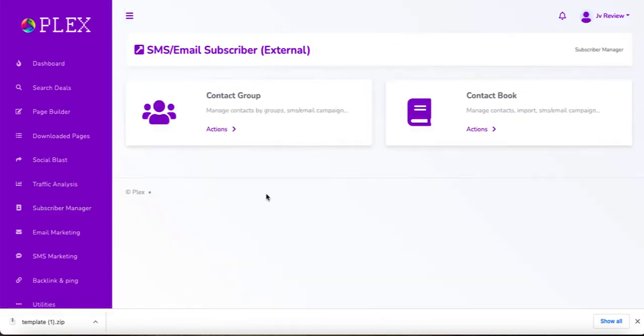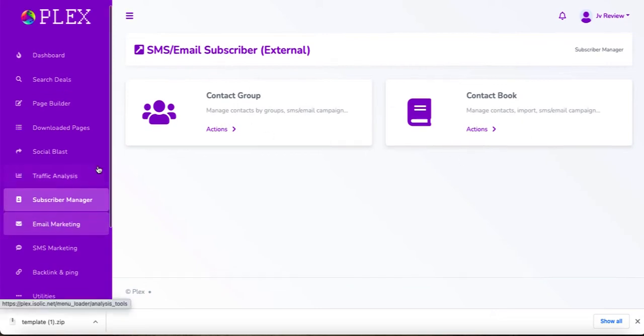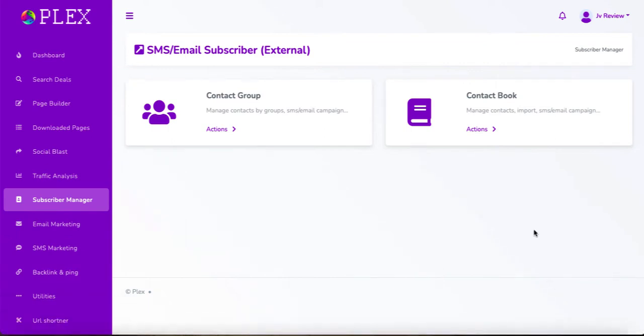You have a subscriber manager here where you can go ahead and manage your subscribers. Now another part of this platform is the ability to use email and SMS marketing on the platform. From my perspective, guys, I would always be very wary of doing things like that on platforms like this, because